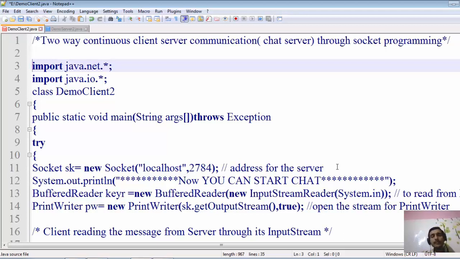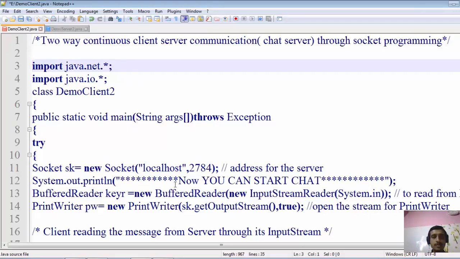The port number can be any number in the range 0 to 65535, but make sure that you don't use numbers reserved for certain applications, like 80 for HTTP, 3306 for MySQL, and 8080 for Apache Tomcat. These port numbers should not be used, as they can result in an error later when you try to compile the program. Just use numbers that are not used by other processes. This port number and localhost IP are the address for the server, so that our request is sent to this particular address.